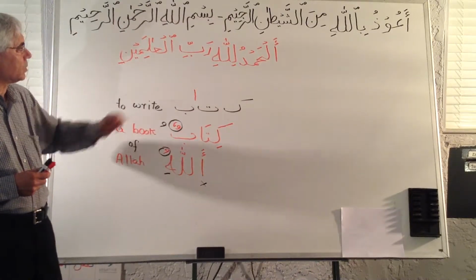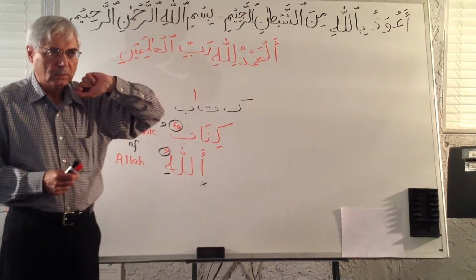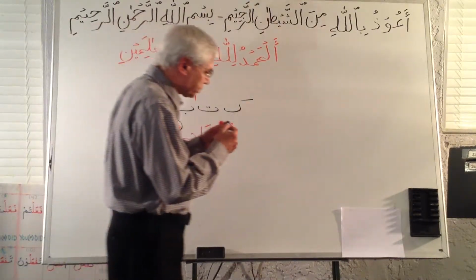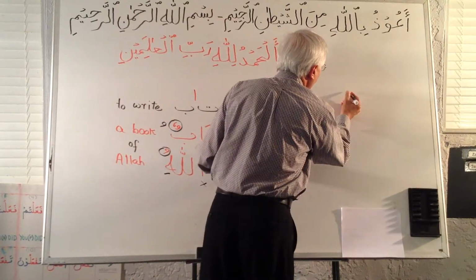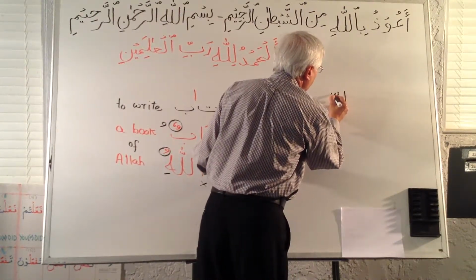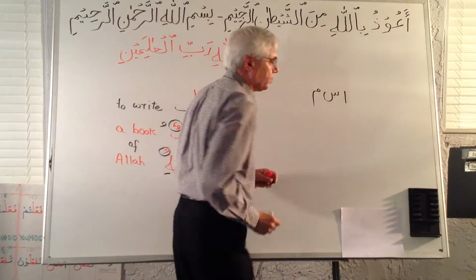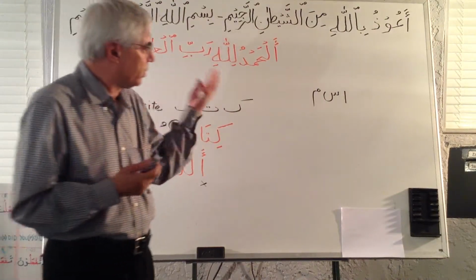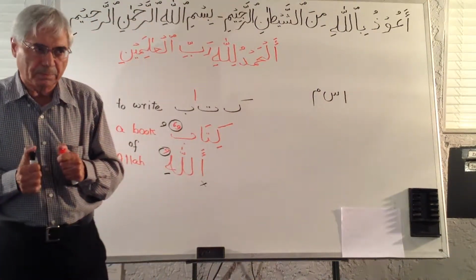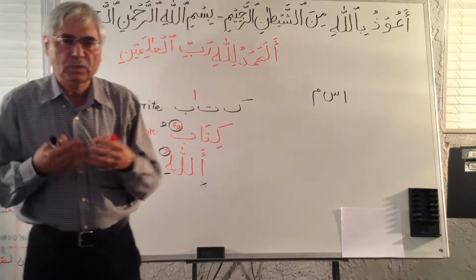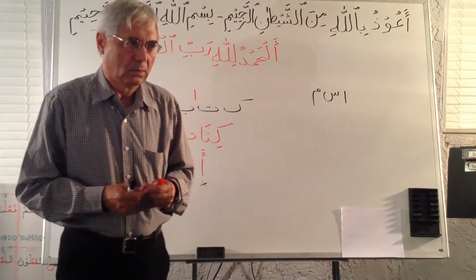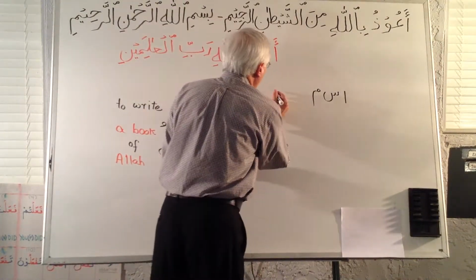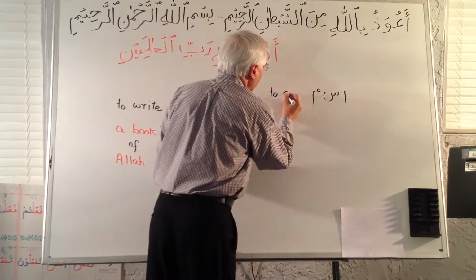Now we are going to apply this rule here on Bismillahi. So let's look at that one. This one starts with these three letters, Alif, Sin and Mim. As I said, all the words start with three letters. The meaning of these three letters is to give a name, to give someone a name. Alif, Sin, Mim means to give a name or to have a name.